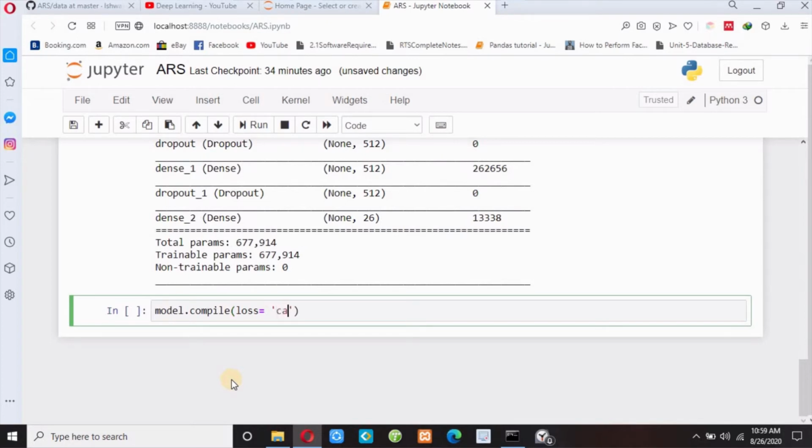Suppose let me use categorical cross entropy, and let me pass optimizer method. So optimizer equals to, let me use Adam optimizer over here, and also I need to pass metrics here. Metrics equals to accuracy.